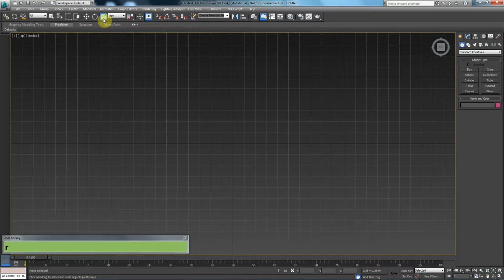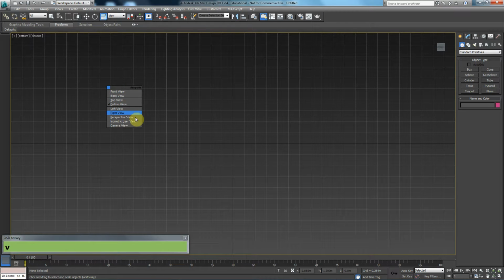For example, we have back and bottom. If I press B, what's going to happen? Will I go to back or will I go to bottom? I will go to the bottom viewport. So what if I wanted to go to the back viewport or to the right viewport? If you want to use any of those viewports, you can press V on your keyboard, which stands for viewport,